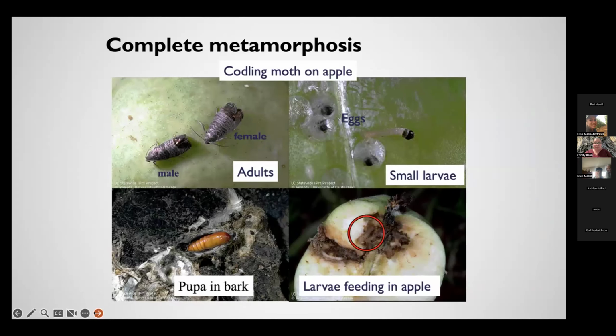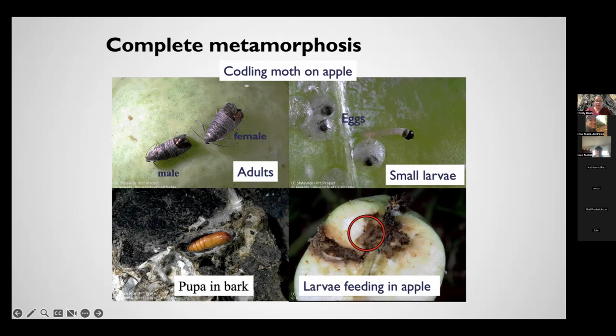So, complete metamorphosis. Here's an example using codling moth. We have eggs. This is the small larvae. Here's the eggs. The larvae, you can see the head capsule, meaning it's about to emerge. It'll cut a little slit and it'll emerge. Here's your larvae, your first instar. They will bore into the fruits through here, they're boring through the fruits. Here's the larvae here. You can see all the frass, which is their poop, and rotting damage that you see